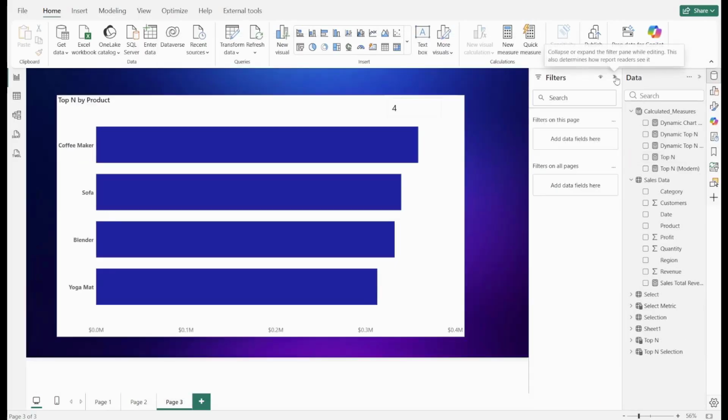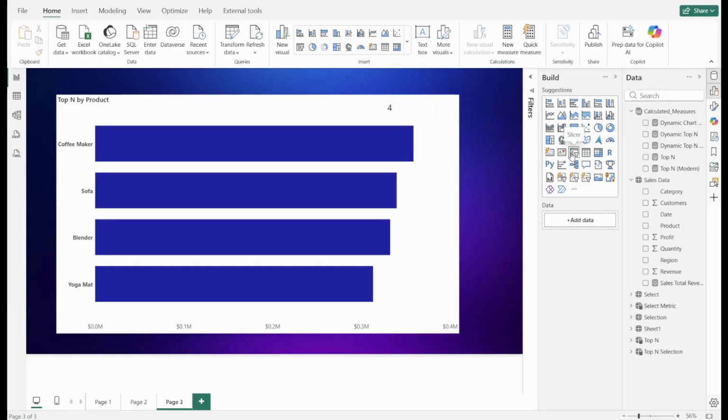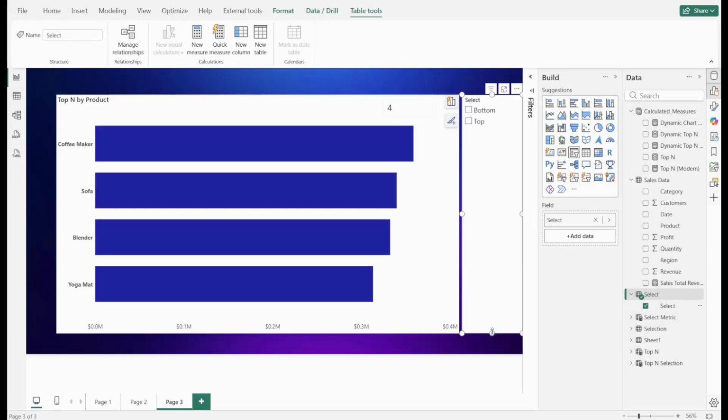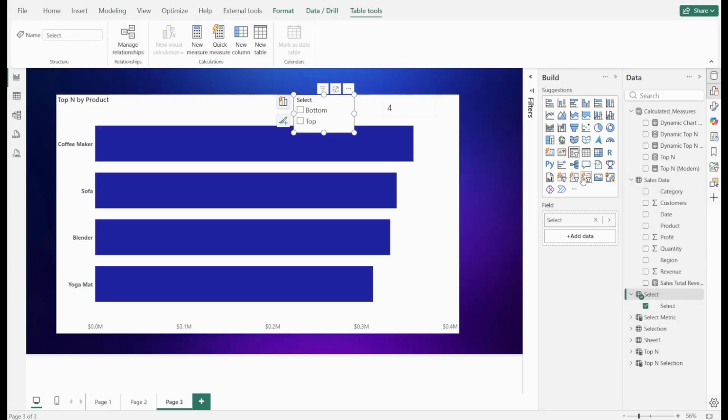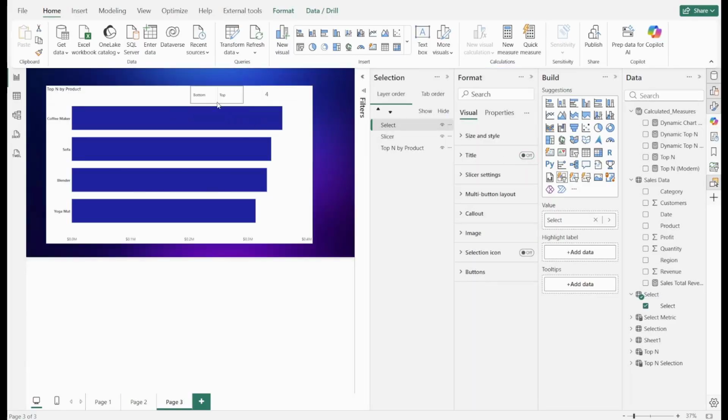Now what we want to do is we want to add that to a slicer. So the table we just created, we just click on build and let's just select this slicer here and we can drag this. Let's just drag that there. So what you have now is top and bottom. I'm just going to make this a button slicer. Then I will just make a couple of changes, or I can just leave that till later. I don't know the title to give it to be more space, and then we can make changes later, but